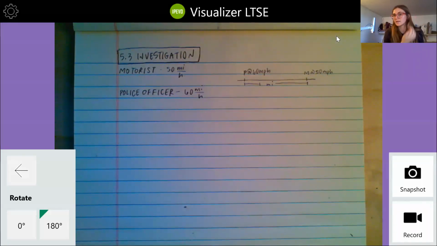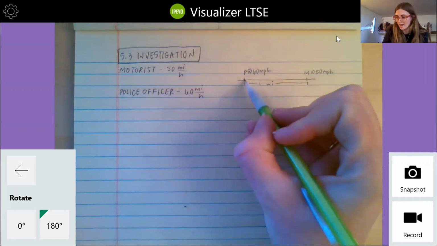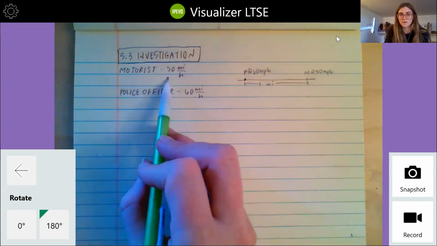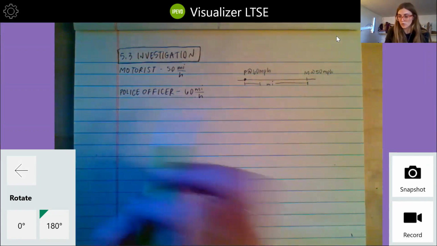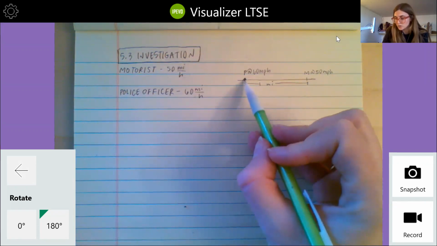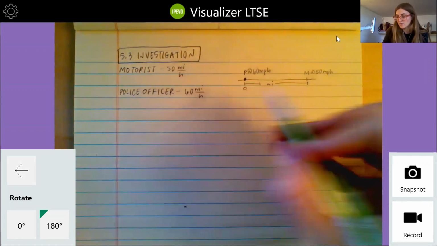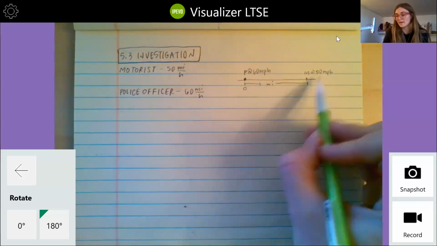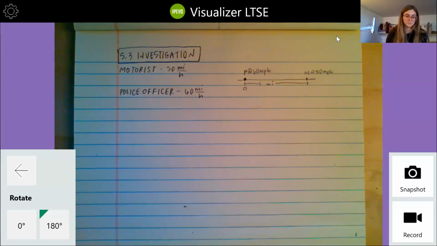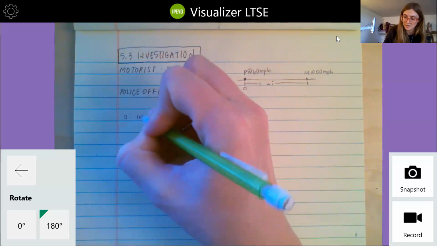Okay, so I started writing down the different pieces of what was given to us in this problem. We know that this motorist was going 50 miles per hour and the police officer was going 60 miles per hour. We also know that when the police officer was at, let's call this ground zero, he was at 0 and going 60 miles per hour, the motorist is 1 mile ahead, going 50 miles per hour. So our first step is to come up with the independent variable